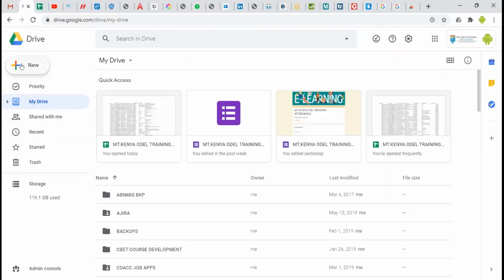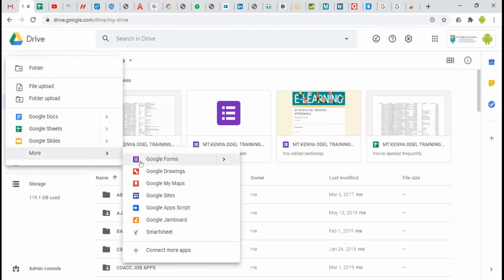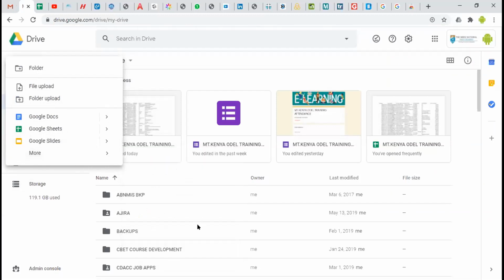If I click on New, I have various things I can do. I can create a new folder. I can upload a file. I can upload a folder. I can create a document, an Excel sheet, a PowerPoint, a form, and several others. Smartsheet, Jamboard, apps. There are so many apps, but these are the main ones.